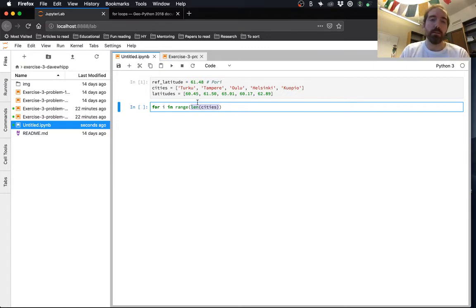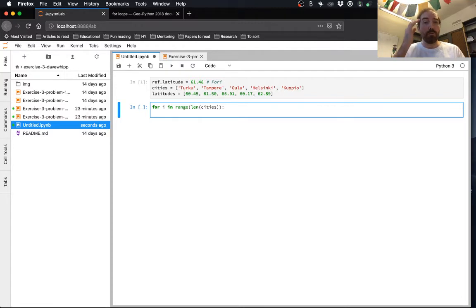So this len of cities is going to give us back a number of 5, and then if we do range with 5, we're going to get 5 index values back as what values will be given to i, our variable here. So I can kind of go back and review this after we've done some things here just to make sure it's totally clear. But we now have our lists here.